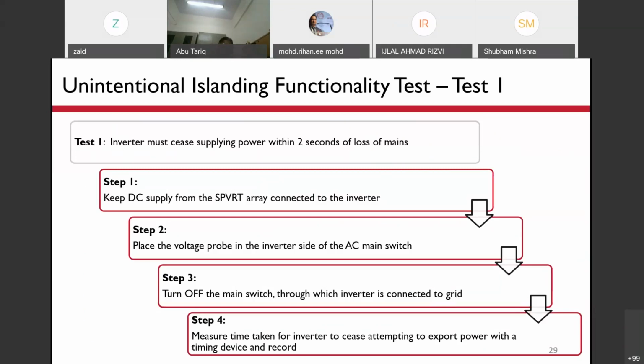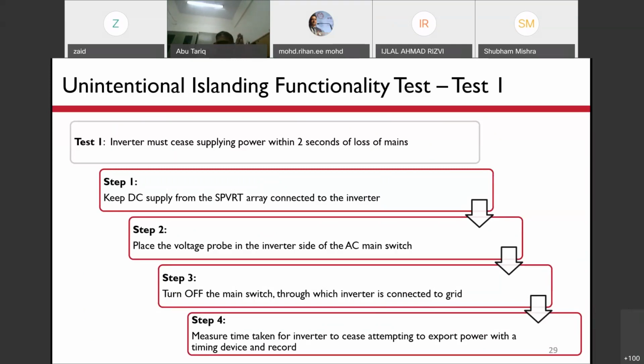For this, we have to go for a test known as the unintentional islanding functionality test. Test 1: we have to see that the inverter ceases to supply power within 2 seconds of loss of mains. For that, we have to deliberately disconnect the supply and see what happens.